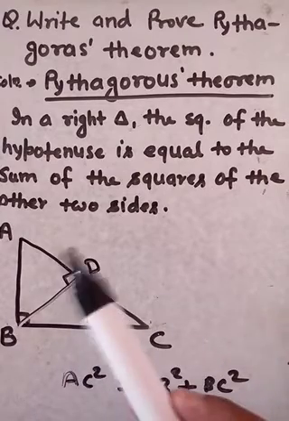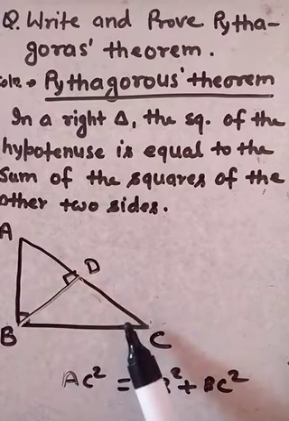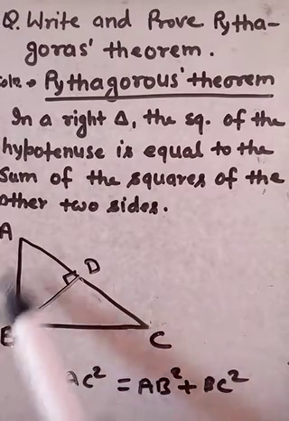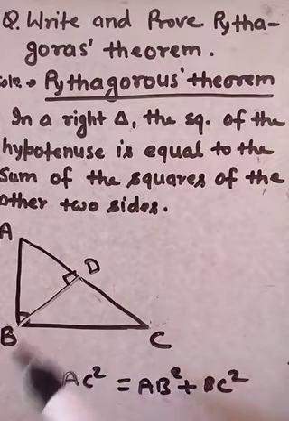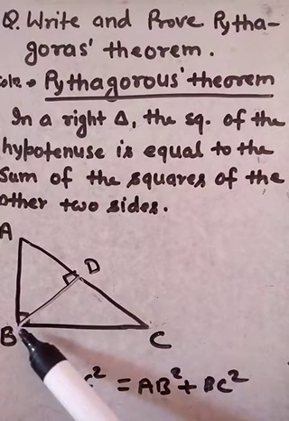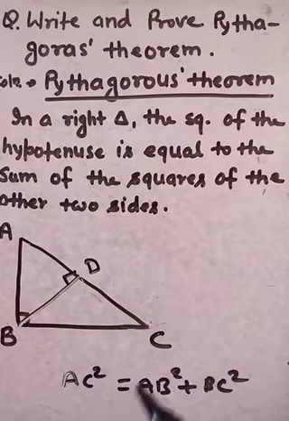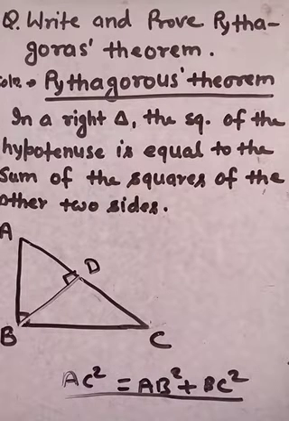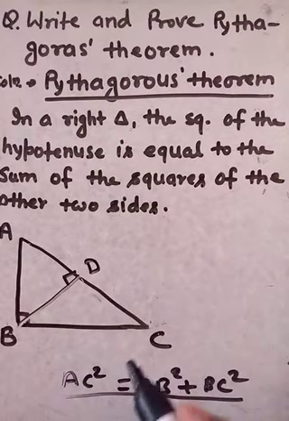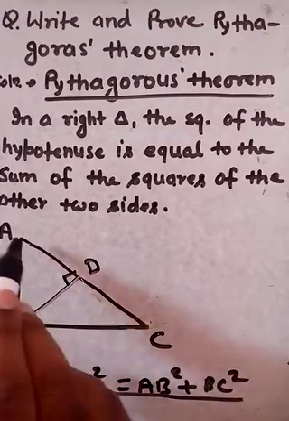At first, given: ABC is a right angle triangle in which angle ABC is 90 degrees and AC is the hypotenuse. Construction: draw BD perpendicular to AC. To prove: AC square is equal to AB square plus BC square. Now in the proof, at first we select triangle